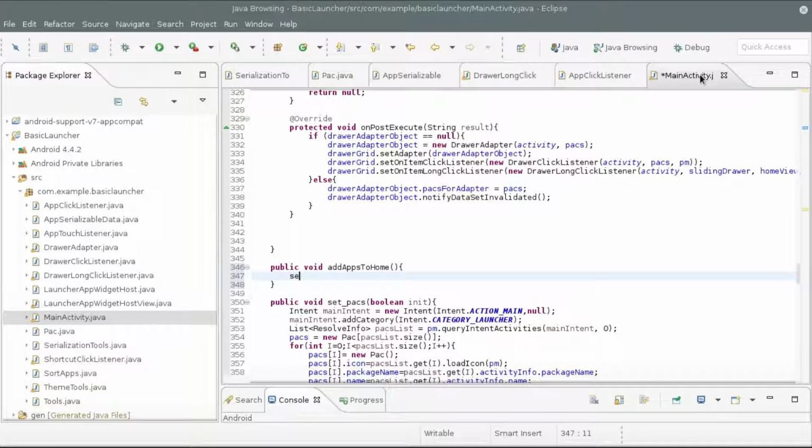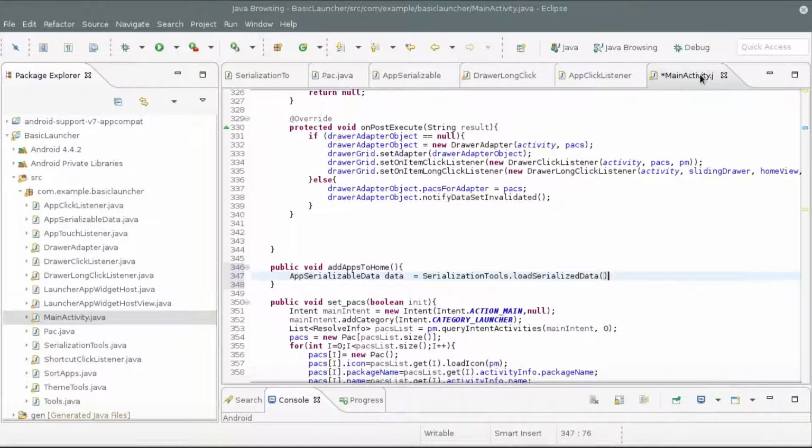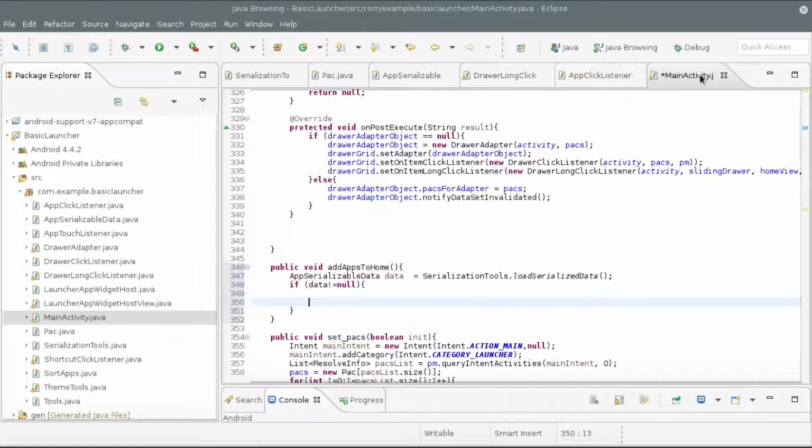So let's do app serializable data data equals serialization tools dot load serialized data, and if data is not equal to null, just in case no data has been saved yet, then it would be null. So we're going to do a for loop